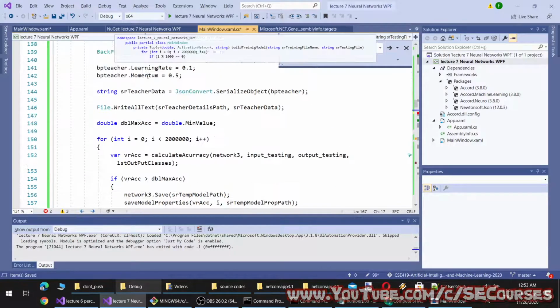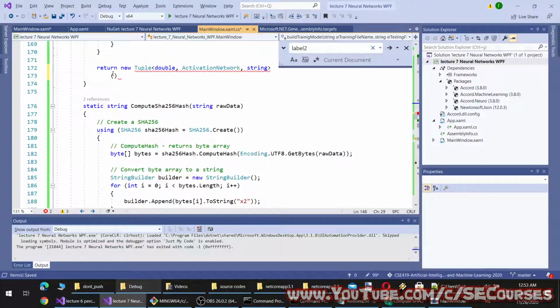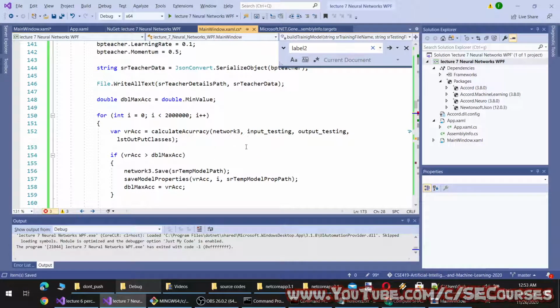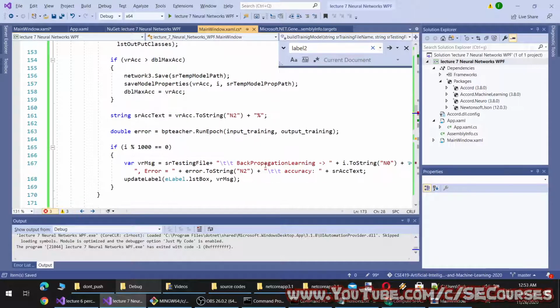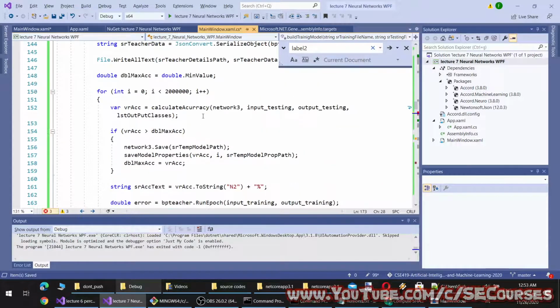Accuracy will be here somewhere. Yes, max accuracy. And item 2 is somewhere here.